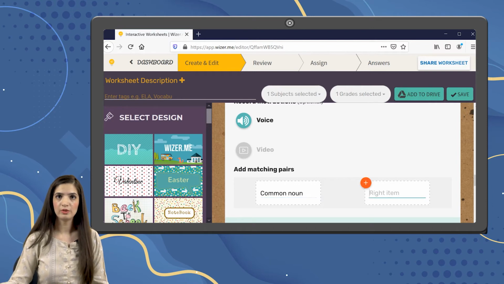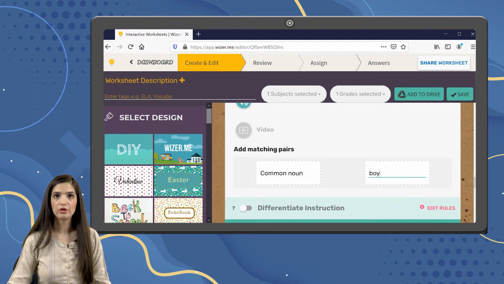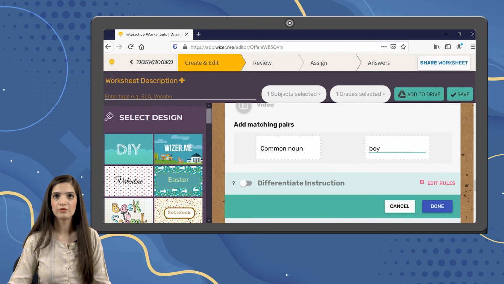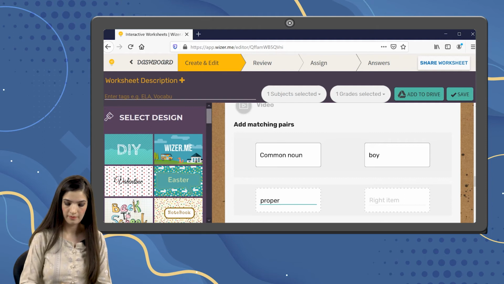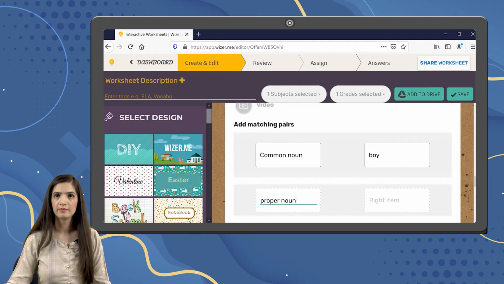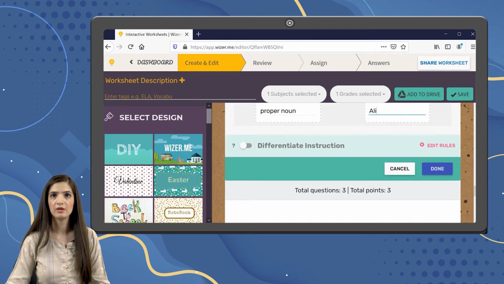On the left side you will write one item, and on the right side you will write the match of the option that you are giving. In order to increase the options, you just have to click and add. You can add as many pairs as you want. Once you are done, click on it.